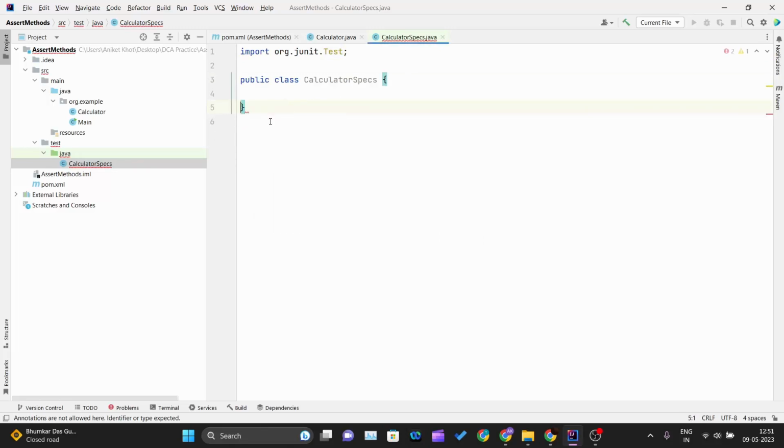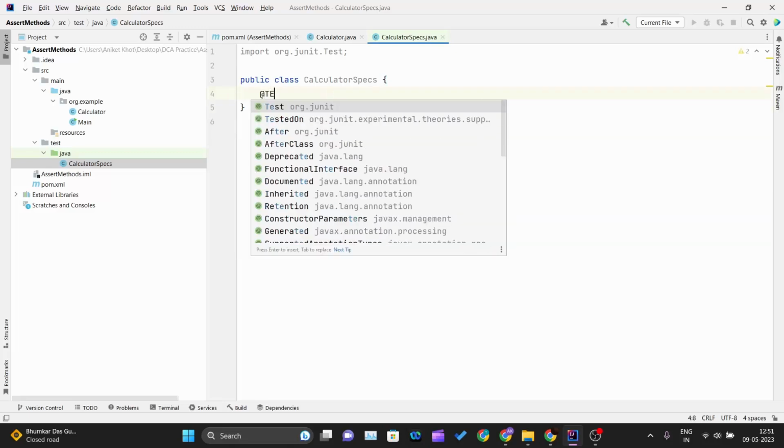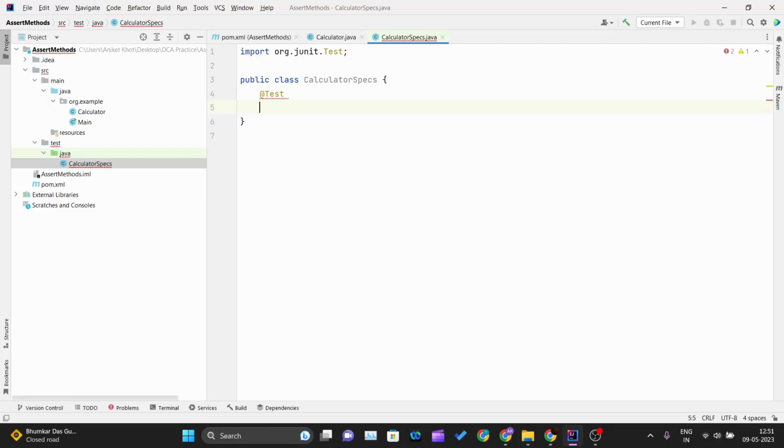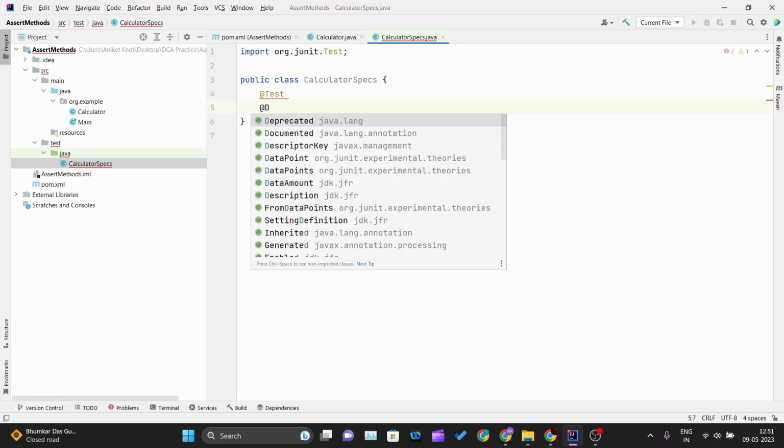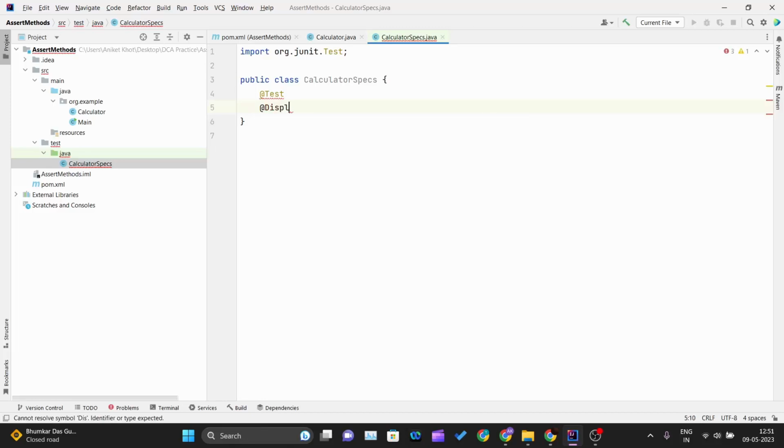and as soon as I add this, okay, why should it test, and after that what we can do is we can use another annotation, display name. It is very useful when you have multiple methods to test, then in that case you can see which one got